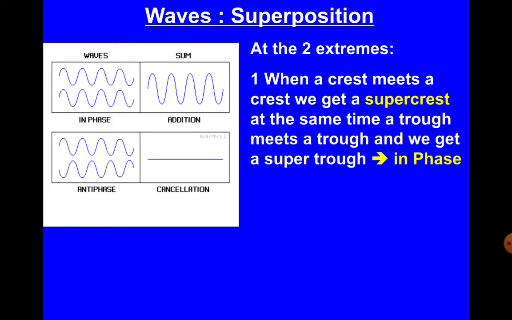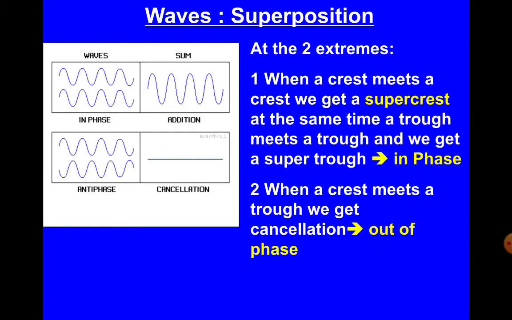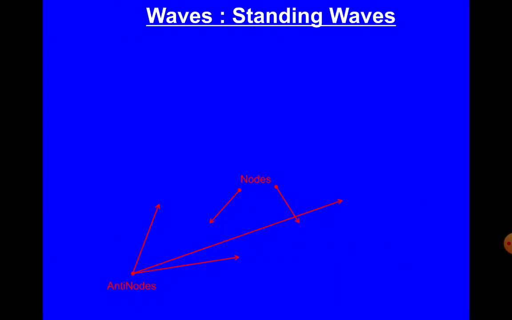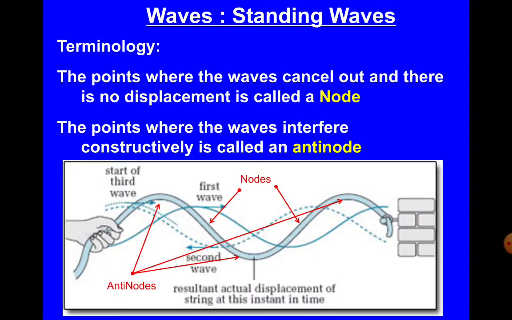So, when a crest meets a crest, we get a supercrest, and they are thought to be in phase. When a crest meets a trough, we get cancellation, and they are out of phase. And this is all, again, what we call constructive and destructive interference. Some things to understand: